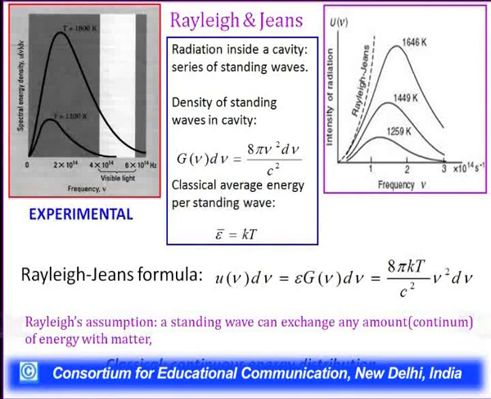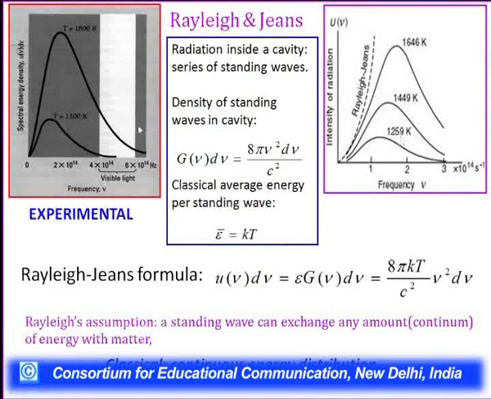As the frequency increases further, the energy decreases, and here this is the visible region where we define the light. These two curves have been taken at different temperatures. This is for 1200 Kelvin and this is for 1800 Kelvin, and this result is yet to be proved